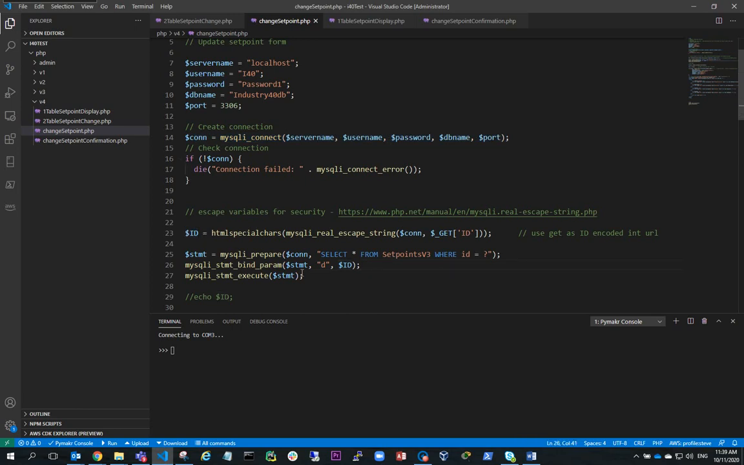The next thing we're going to do is use a prepared statement again, so we can mitigate any potential SQL injection attacks. We're going to do a select star from SetpointV3 where the ID equals, and we're going to use this ID here. So when we bind the parameter, we're going to bind the ID. Now the ID is numeric, so we specify a d in here because it's a numeric ID,